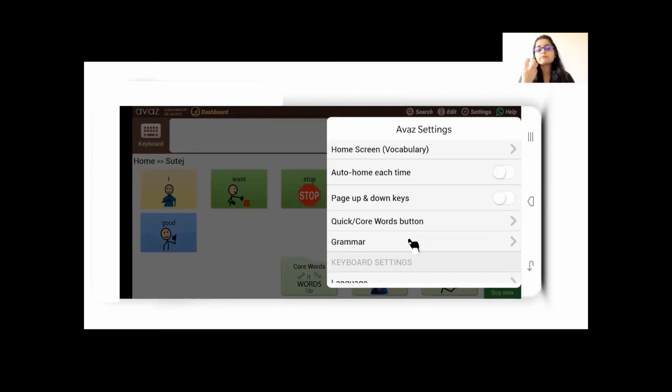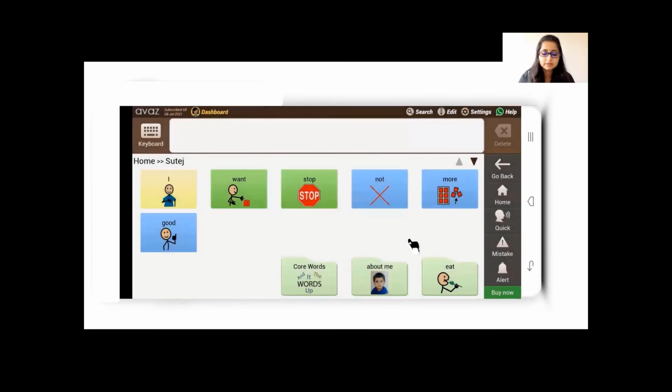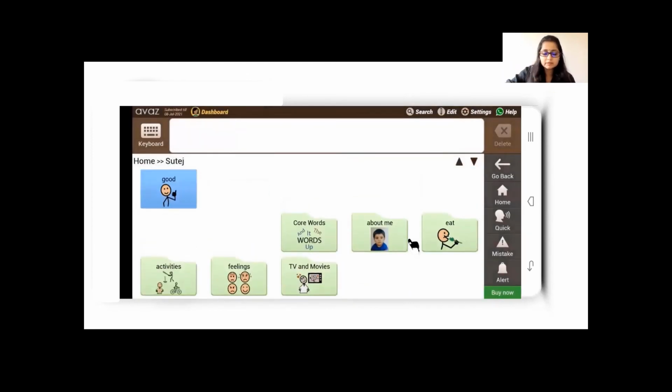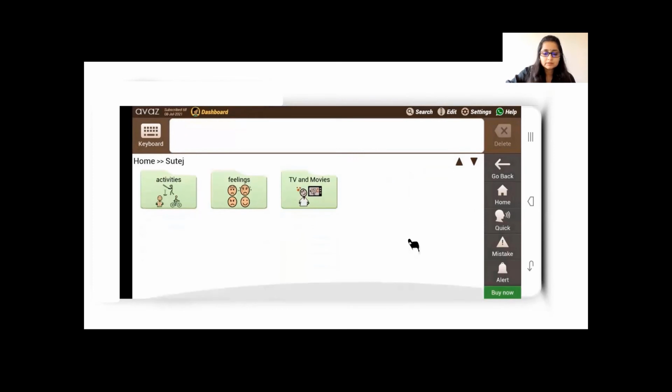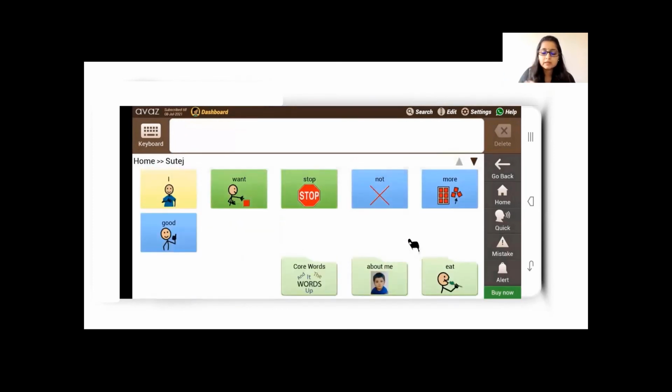children who have fine motor difficulties or tremors in their hands, where they're not able to do fine motor choosing with the index finger and so on. Or they might have tremors where the screen can automatically go here and there. So in that case, there is a setting available. You can choose page up and down. Normally what happens is, I'm using my index finger to scroll, right?